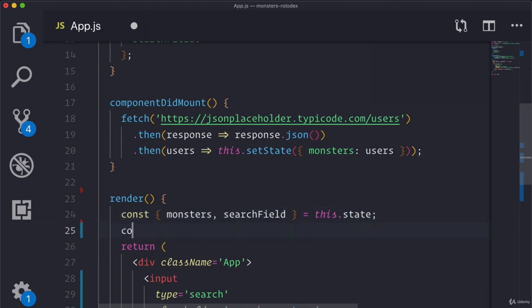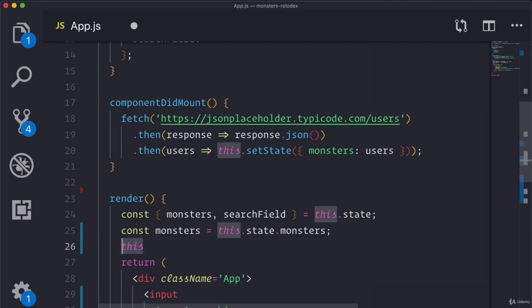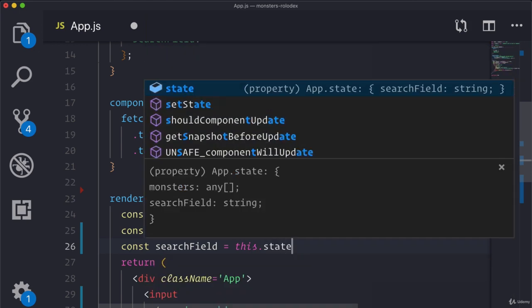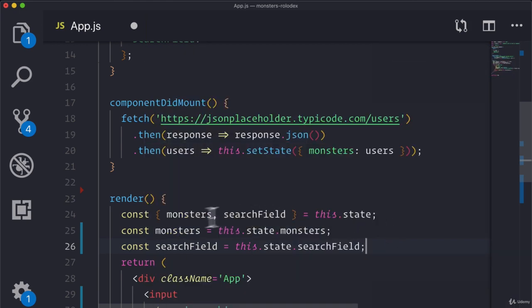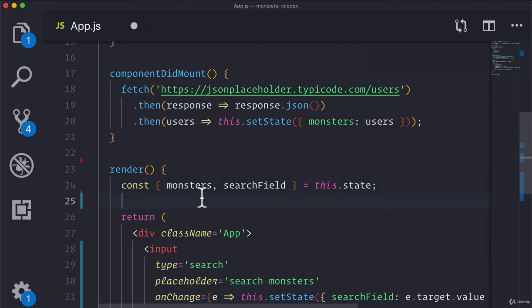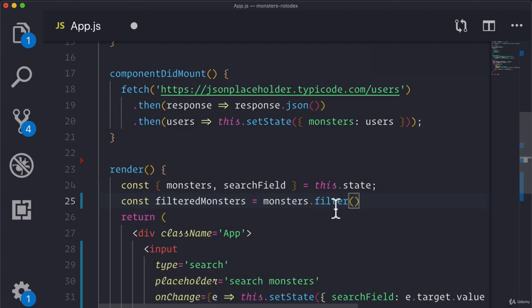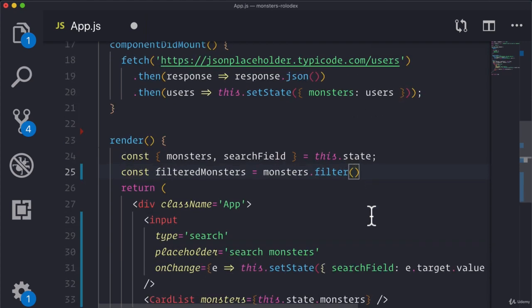This is the equivalent of saying const monsters equals this.state.monsters, and const searchField is equal to this.state.searchField. It's just an easier and quicker way for us to write this out. And now that we have our monsters and search field, what we'll do is set a new const called filteredMonsters that we will set as our monsters.filter, right? And we remember from our filter method, we get back a new array based off of the function that we pass into it,